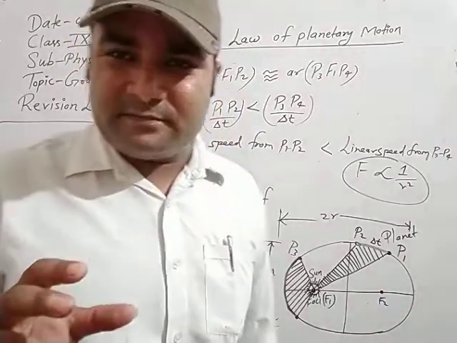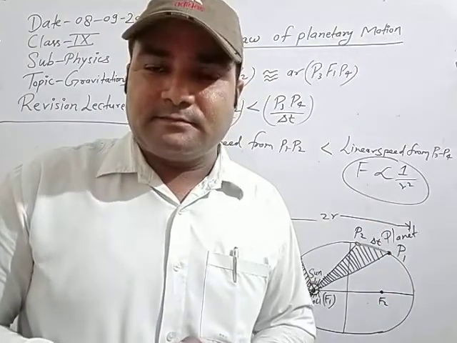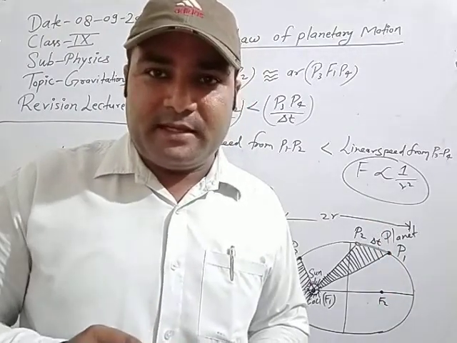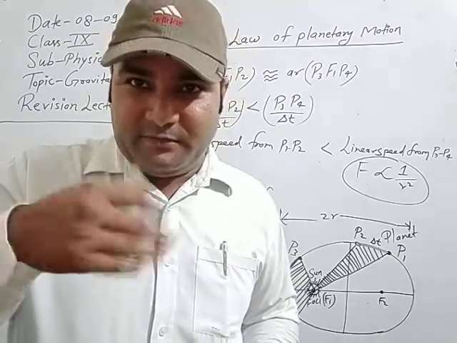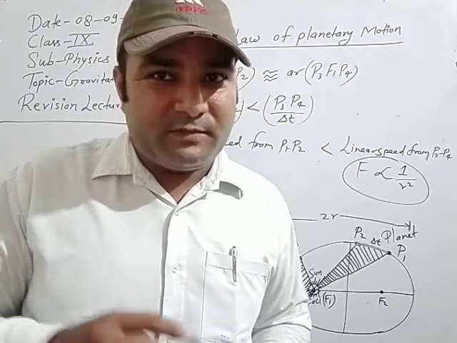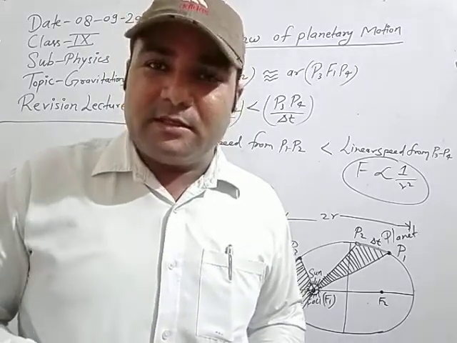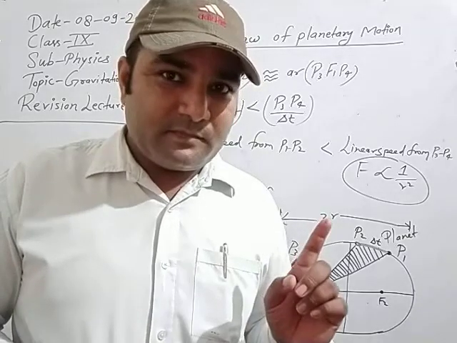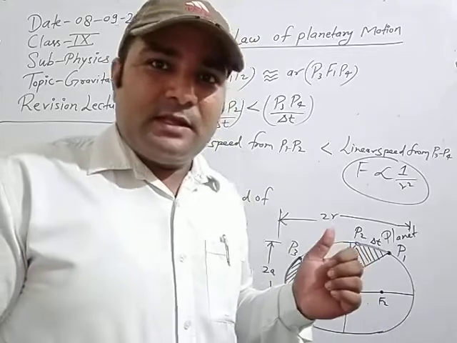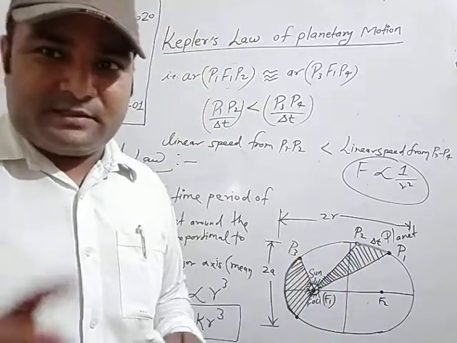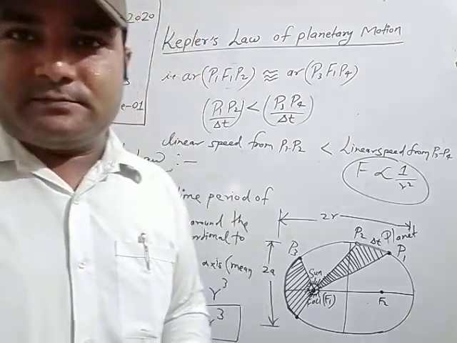So each and everything is very easy. When you listen to everything, then everything will be clear, and there must be a revision. You have to revise by yourself, either by writing or by reading or by understanding. So you have to read out each and everything clearly. Just note down Kepler's second and third law, and then after this I will explain the inverse square law.